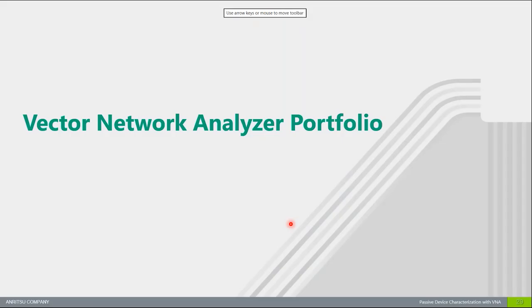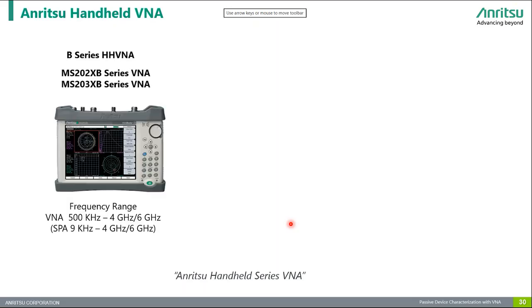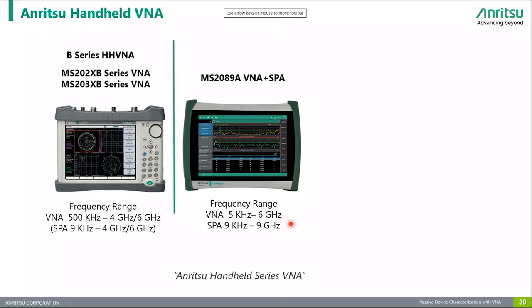Now, we will discuss an overview of Anritsu handheld vector network analyzer portfolio solutions, which are designed for field use, portability, and high performance across a wide range of frequencies. Starting from the left, we have the VNA Master MS20B series. The model operates from 500 kHz to 4 or 6 GHz, making it ideal for general purpose RF testing in the field. And in the center, we can see the Site Master